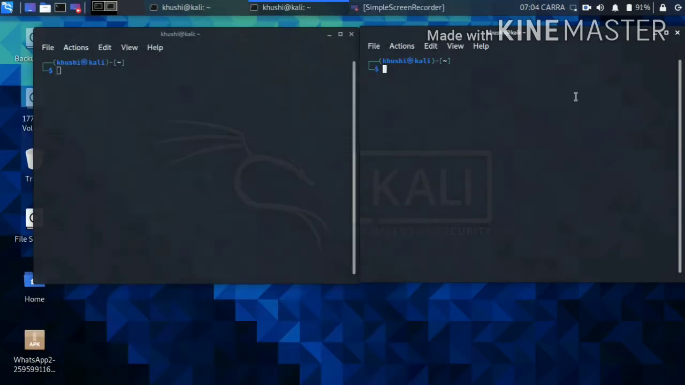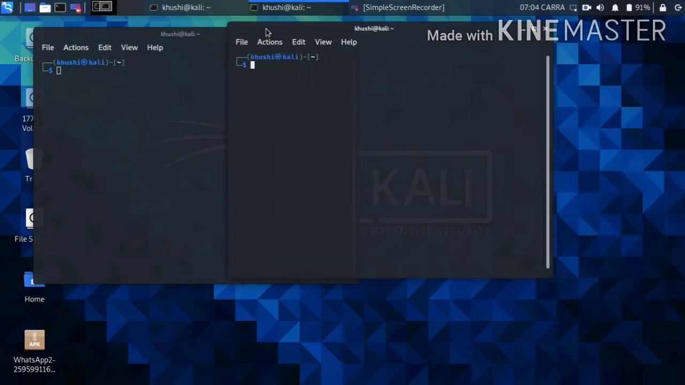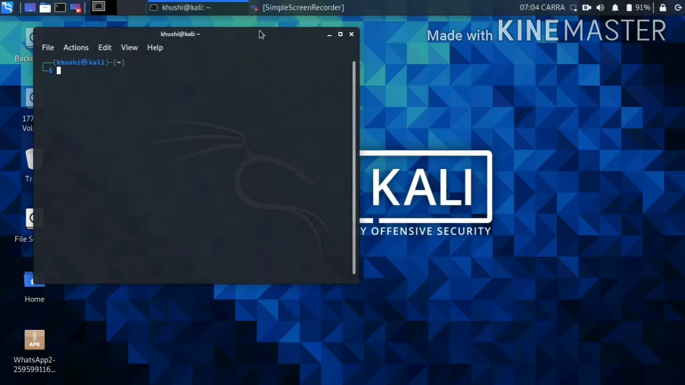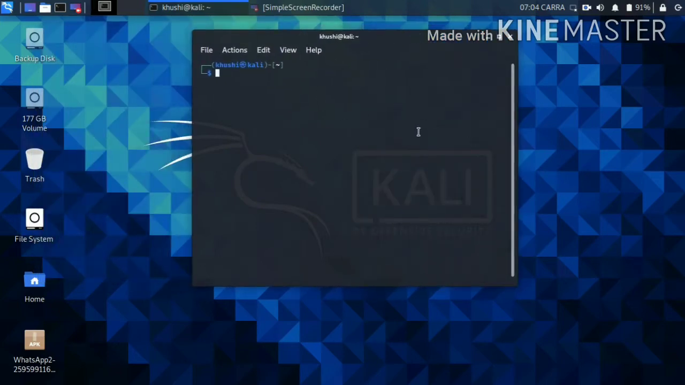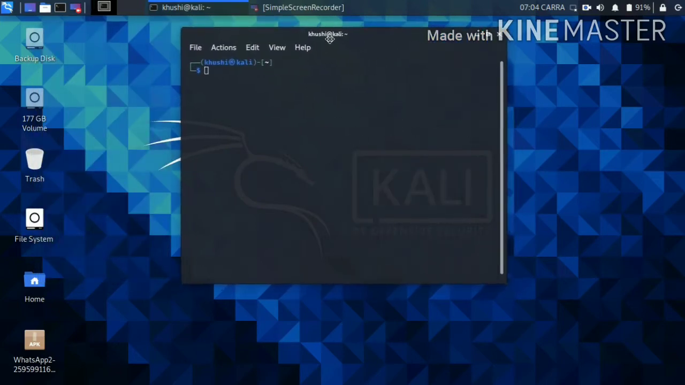And now you can see that I have opened so many terminals. So now I will exit with the exit command. You can see that by typing exit the terminal got exited. So let's now work on